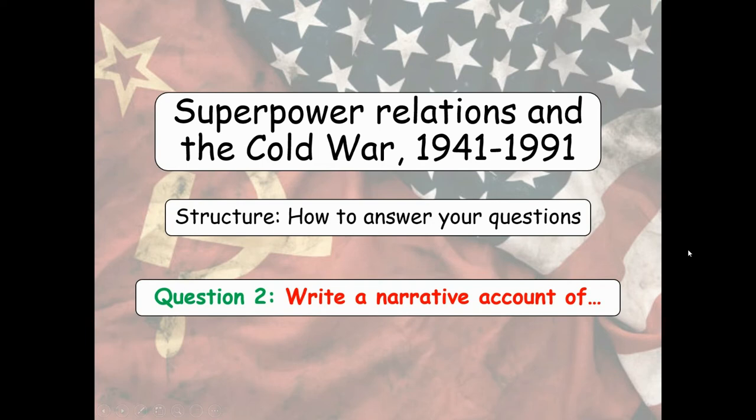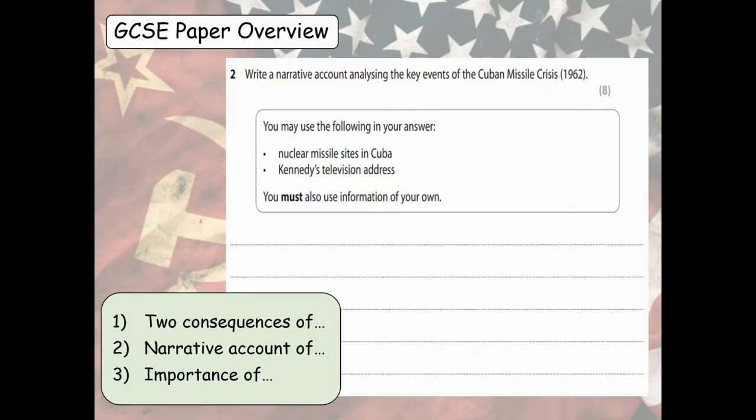Write the narrative question, Paper 2. So you'll get given 2 bullet points to help you with this. This example is: write a narrative account analysing the key events of the Cuban Missile Crisis. Now this is essentially a story. This is a narrative question where you have to talk about the causes, the event itself, and then the consequences